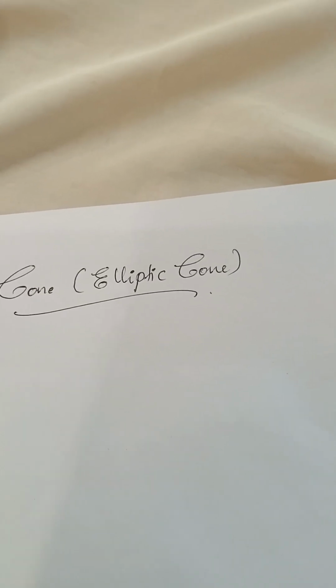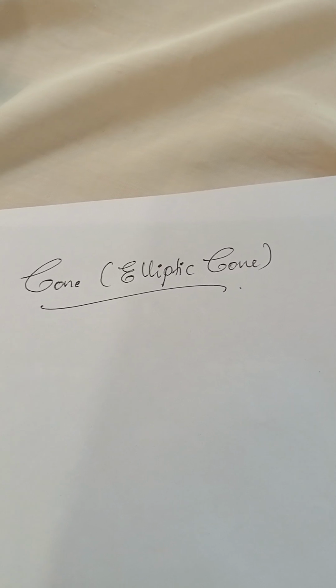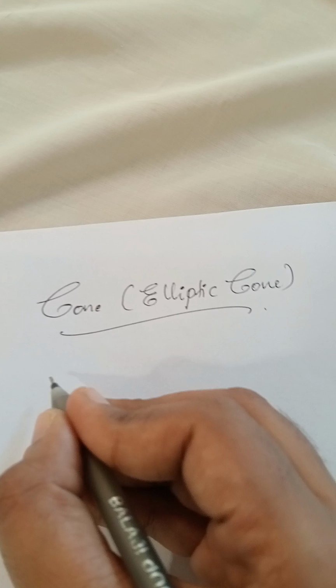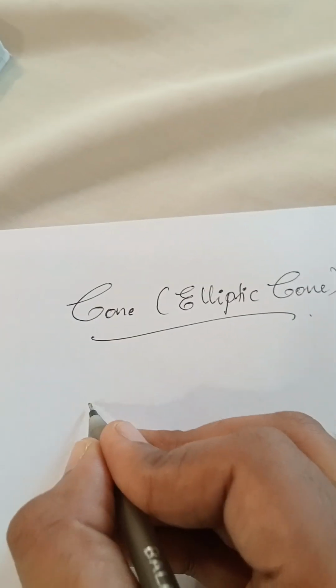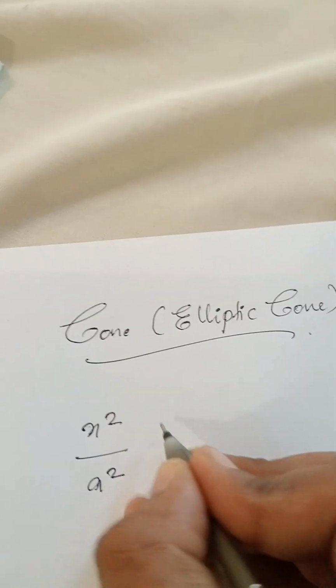So in the last two sections, we discussed quadric surfaces. We have already discussed the ellipsoid and the elliptic paraboloid. In this section, let us discuss the cone, the elliptic cone. We know that the equation of an elliptic cone is in the form x square by a square